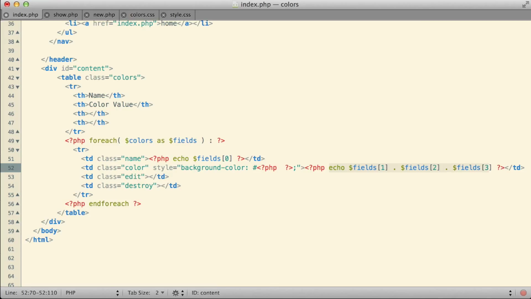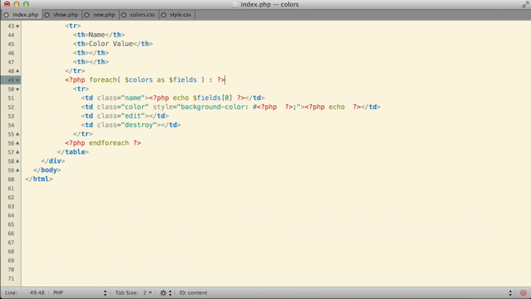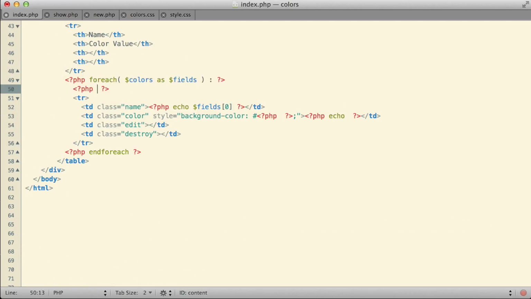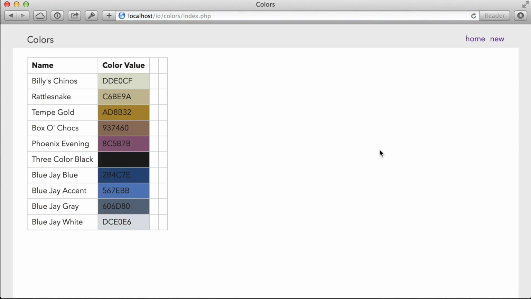Instead of repeating that code, though, I think maybe what I'll do instead is take this little segment of code where I'm appending field 1, 2, and 3 to generate the actual color code itself. Maybe I'll put it just here inside this loop. Let me say code equals that, and that way down here inside each of these 2 sets of PHP tags I can just say echo the code. Echo the code there, echo the code there. There we are. Let's see how that looks in the browser. There we go, and I'm getting my actual colors. Not entirely unpleasing, really. But there we go, that's a pretty decent start for what I'm looking for.